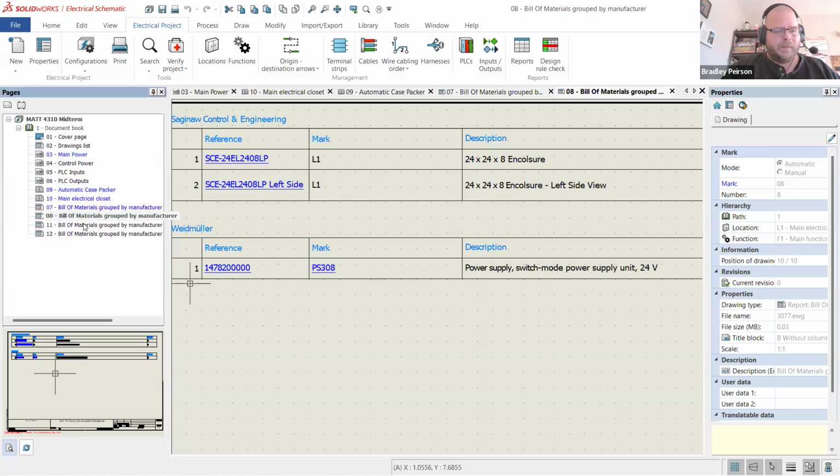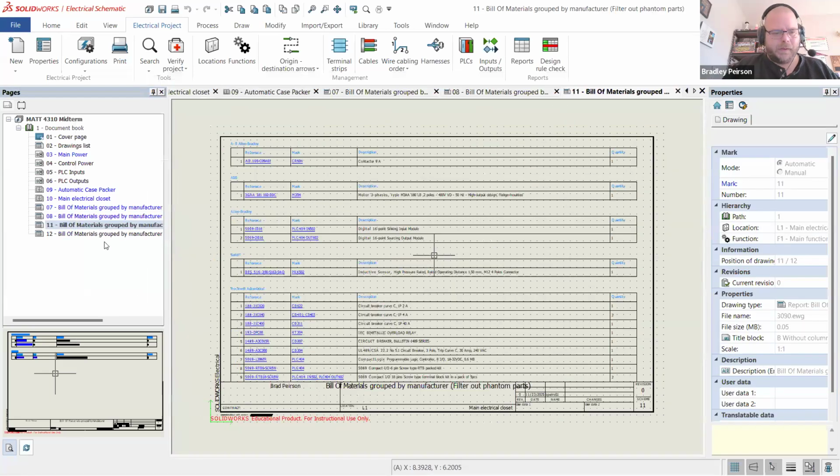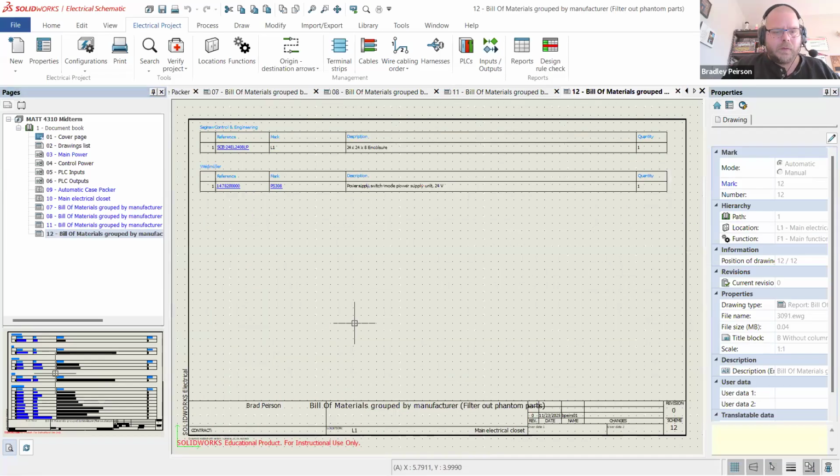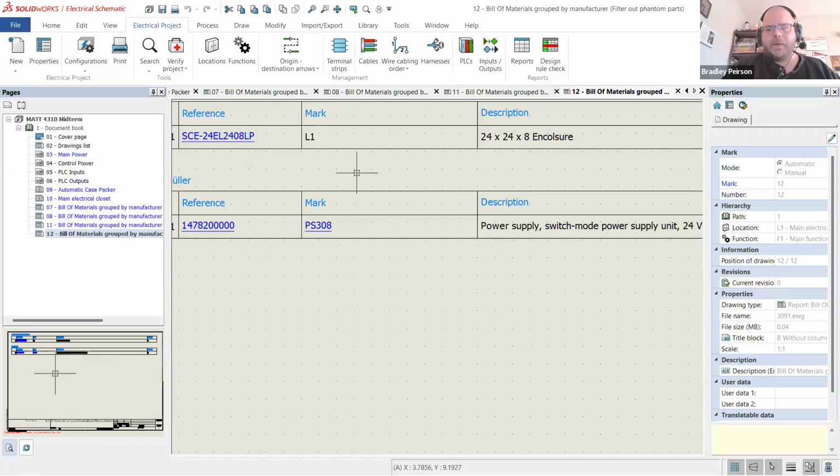Now the drawback is, notice the original stays because it sees it as a new drawing. But if I go here, first page didn't change. Second page, the left side disappeared because I put the word phantom in the user data and then filtered it out. I said, only give me parts that don't have phantom. So that is a way that we can sort of cheat things like the view limitation